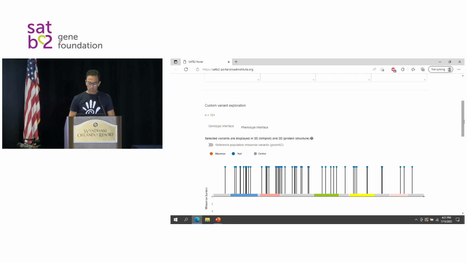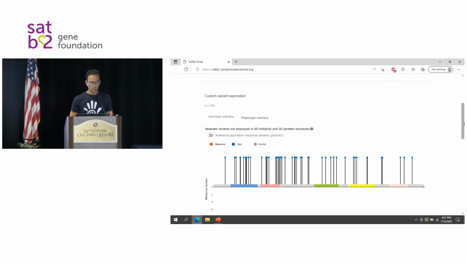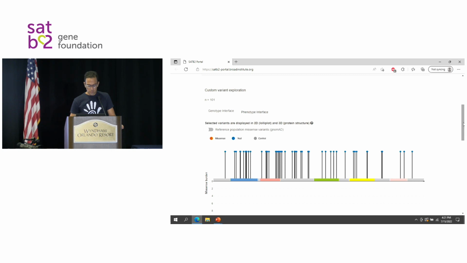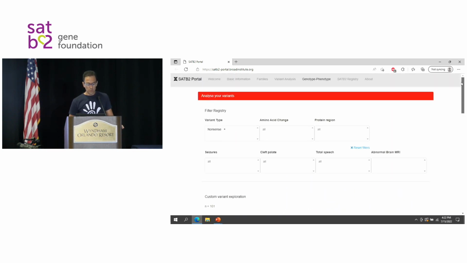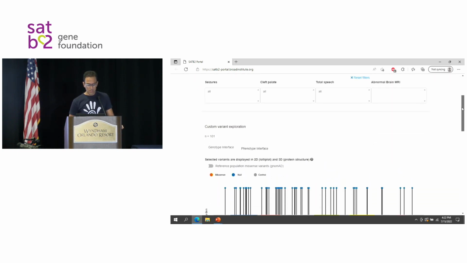If you look here, this is the same graphic we've been seeing throughout. Dr. Fish had a similar slide showing the length of the protein, the same kind of thought process that I was trying to explain to you yesterday. It starts here at number 0 and goes 733 building blocks long, so it will tell you the position of each individual variant. Because I'm filtering by nonsense, these are all the nonsense variants and where they are located.